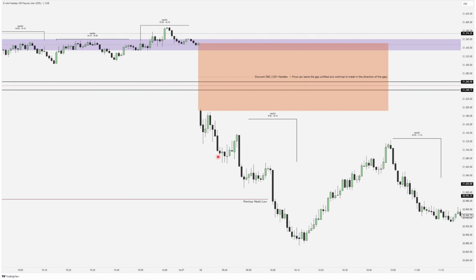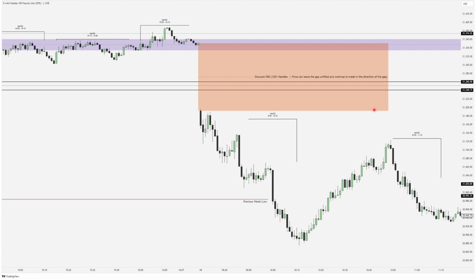Another confluence that I had here was that we had a large discount opening range gap, which was over 120 handles. And as learned in the most recent ICT lecture, price can leave the opening range gap unfilled and continue to trade in the direction of the gap when it is larger than 120 handles. And this in itself is of course a confluence, but